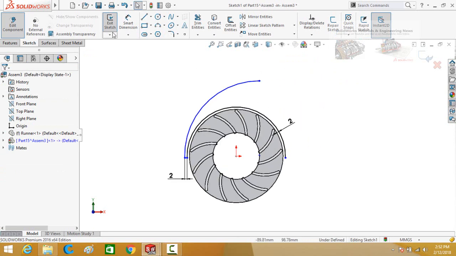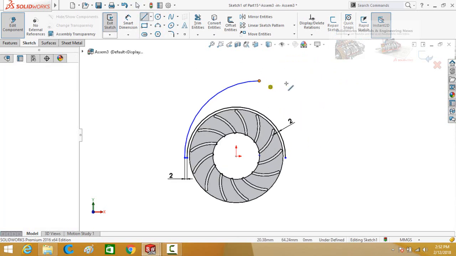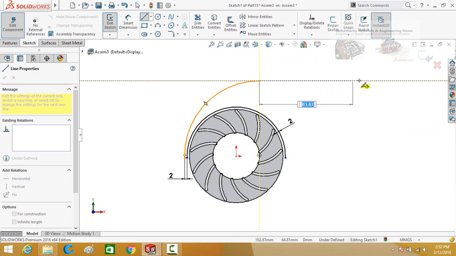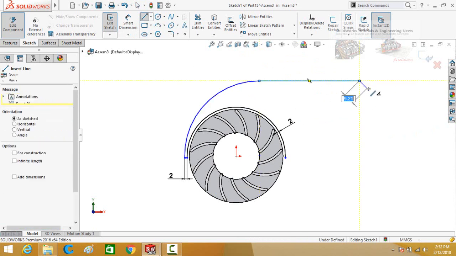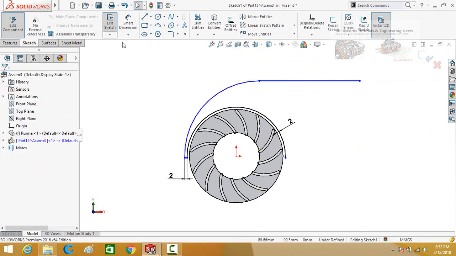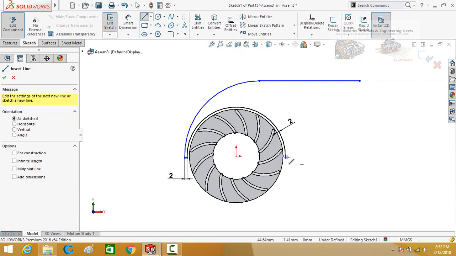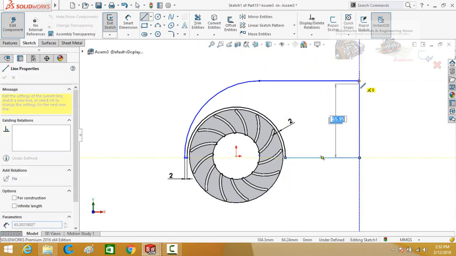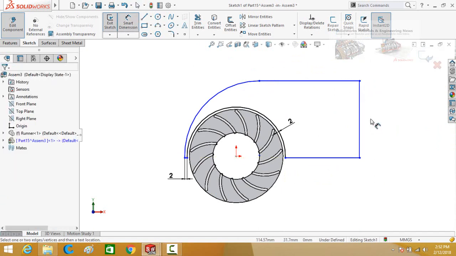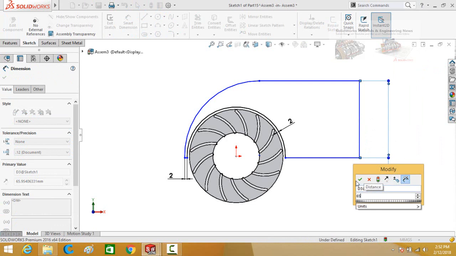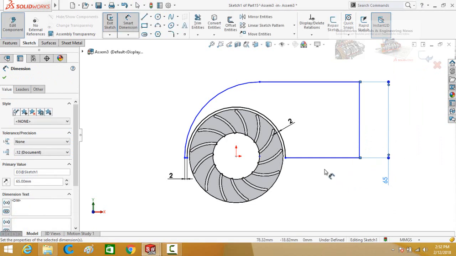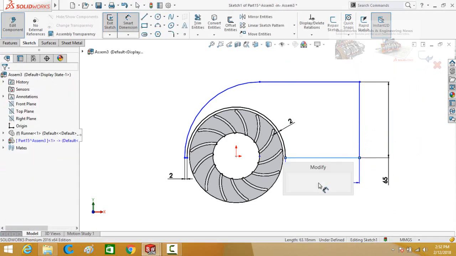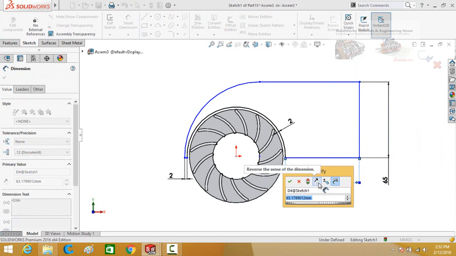Now draw one more line and close the sketch. This distance is 6.5 millimeter. This distance is also 6.5 millimeter.